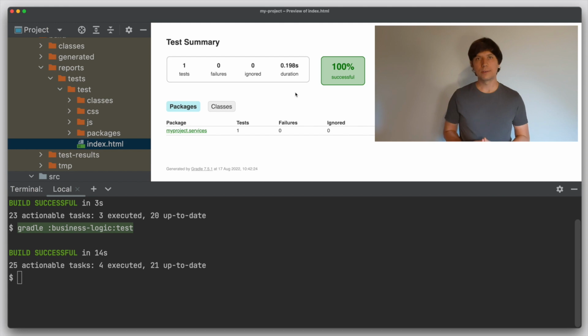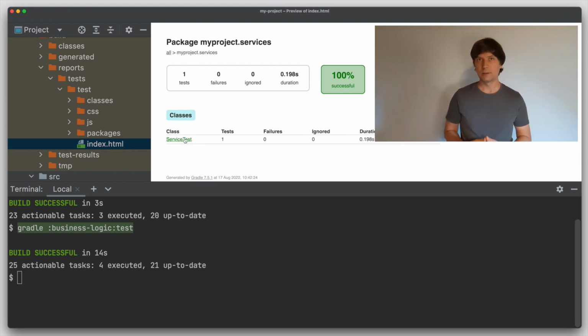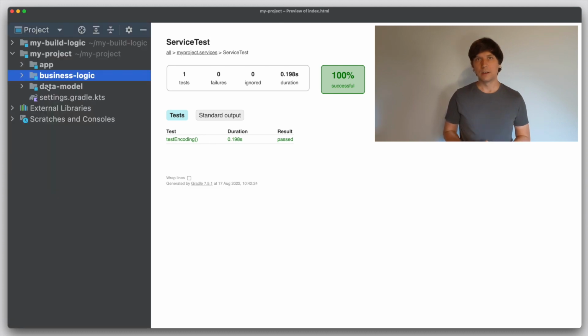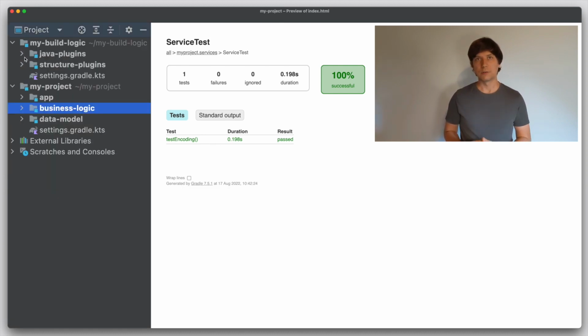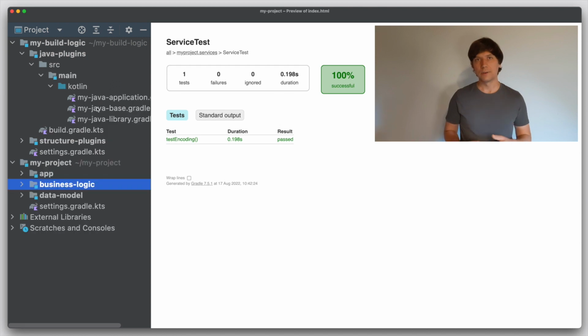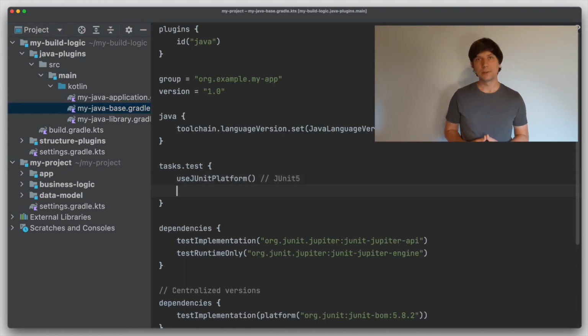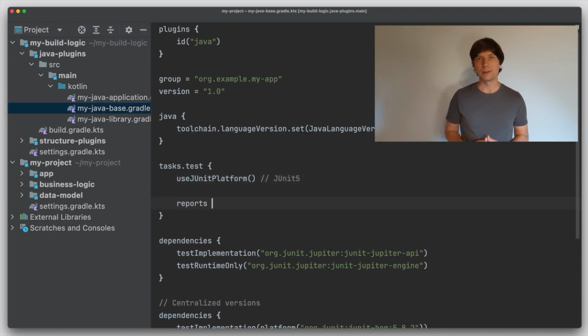Now these reports are directly generated by JUnit. There's a binary version of the report data that can be picked up by some tools like Jenkins, for example, and there's an HTML version rendered by Gradle. I've already shown, when we talked about configuring the test task, how you can influence which reports are generated and where these reports are placed. We perform such configuration in our base convention plugin.